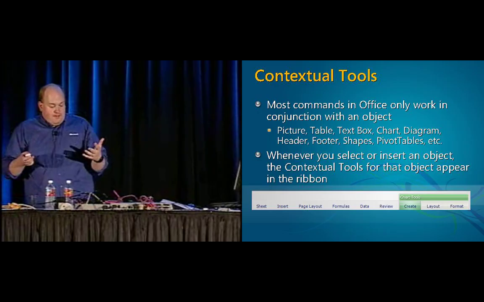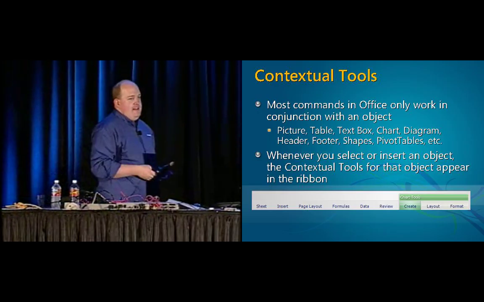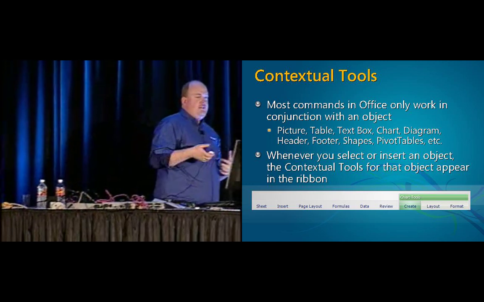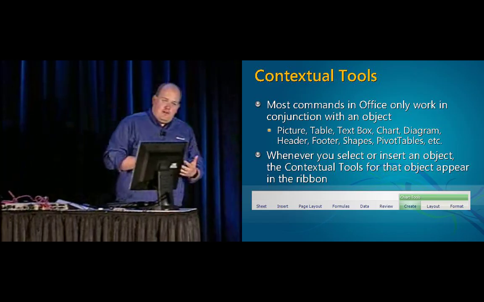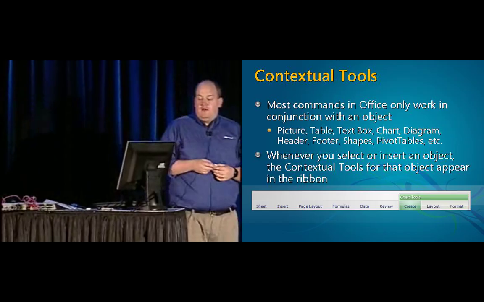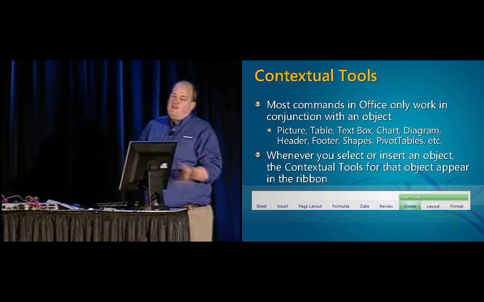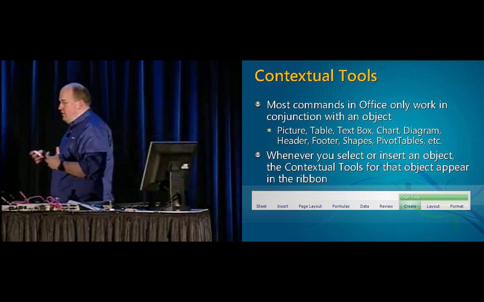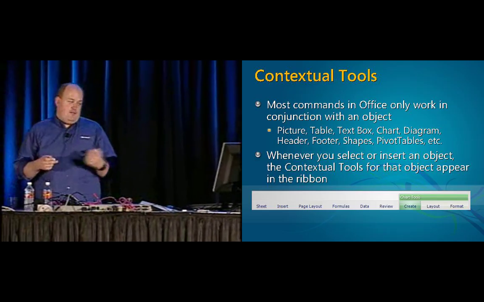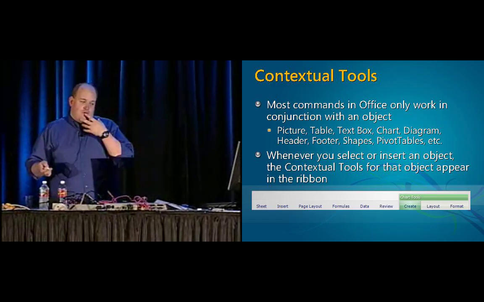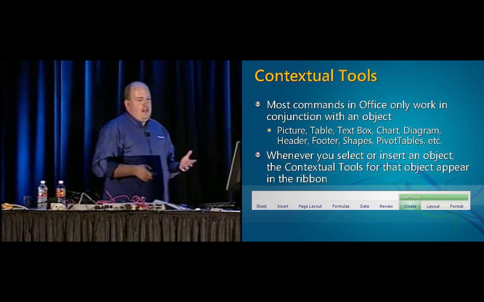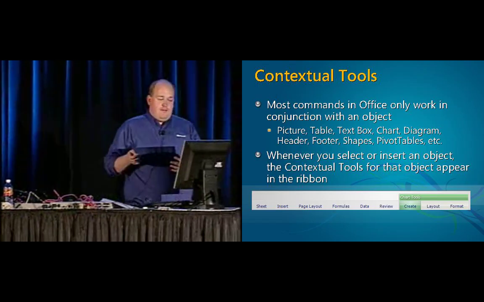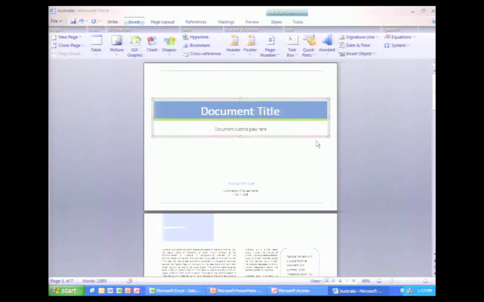So one of the things that you may have noticed is that it doesn't seem like there are that many tabs in Word, right? Each of the apps only has 6 tabs. So where has all the functionality gone? As I mentioned, most of the commands in Office only work in conjunction with an object. And there are lots of kinds of objects. So the way in which the ribbon deals with these is through something we call contextual tools. What that means is whenever I insert an object or select it, the tools for that object show up in the ribbon. So the way this looks,